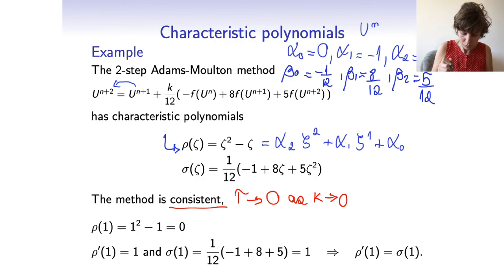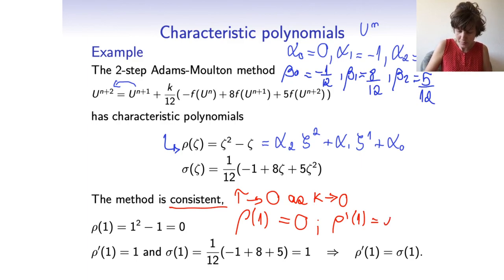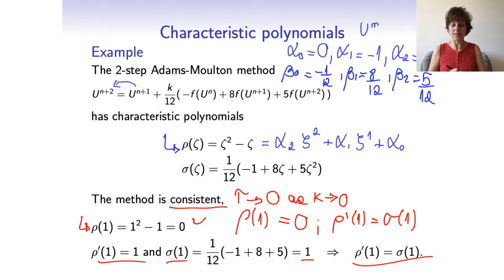So for the method to be consistent, as we saw before, we require that rho of 1 equals 0, and that rho prime of 1 equals sigma of 1. So rho of 1 equals 0, so the first condition is satisfied, and we calculate rho prime equals 1, and sigma of 1 equals 1. So the second condition is satisfied, and then we say that this method is consistent,